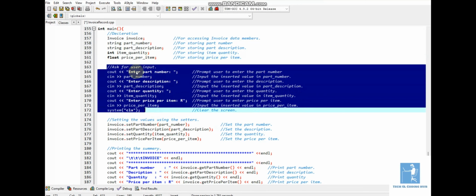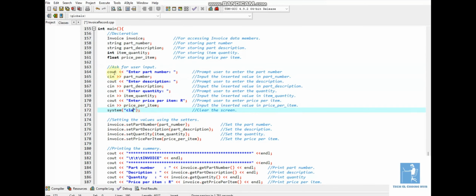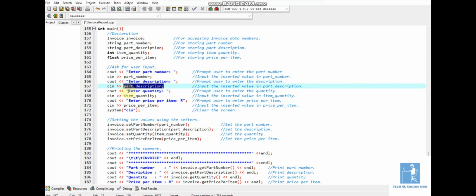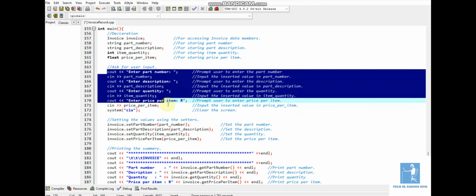Now here we're requesting the user inputs and setting them. The first one, we request a part number, then we insert the part number. We request a part description, we insert the part description. We request the quantity, then insert the quantity. We request the user to enter the price per item, then we set the price per item. Then these are all the data that we need